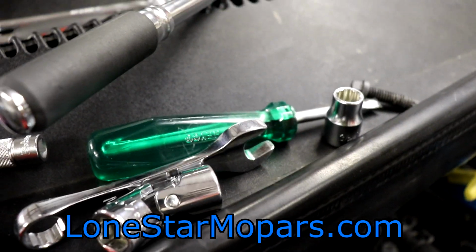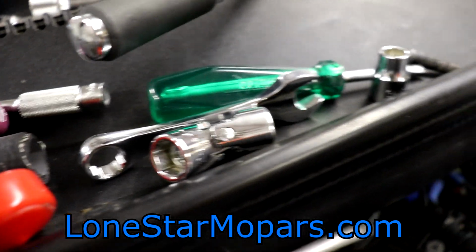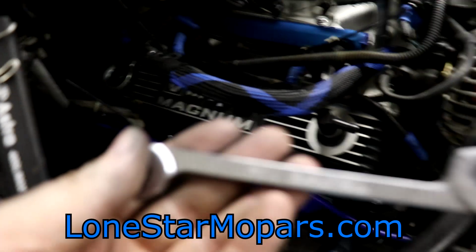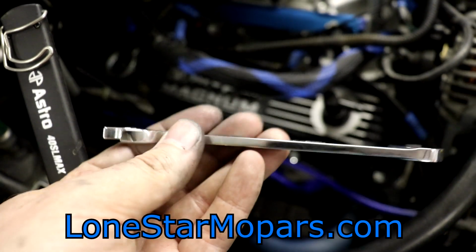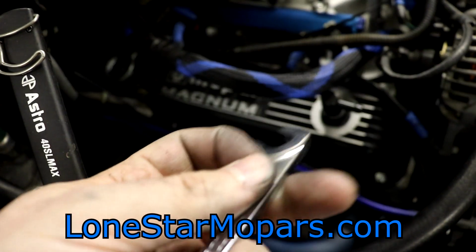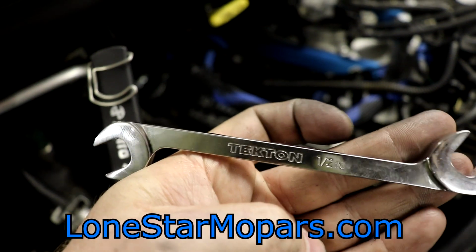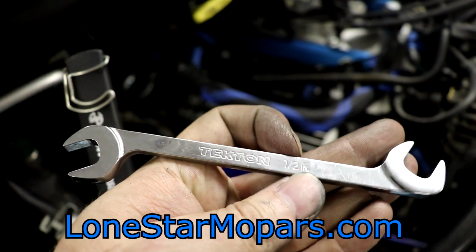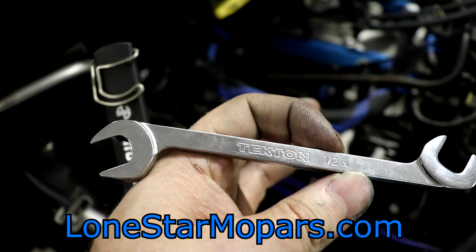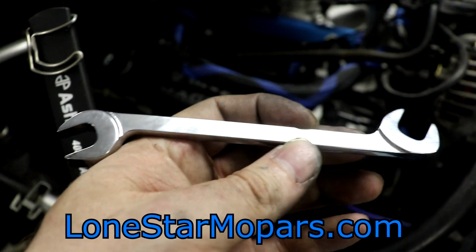It's kind of a freak size, so it worked well. That SK is a lifesaver. The Tekton angle wrenches, true story. If you were to take this and cut it down, I don't remember the exact lengths on this thing, but basically where, let me flip her, where you see Tekton and 1/2-inch, okay? If we were to cut right there and right there, just eliminate Tekton and 1/2-inch, not because I hate Tekton or 1/2-inch wrenches, but if we took about that much out of this, welded it back up, it would be